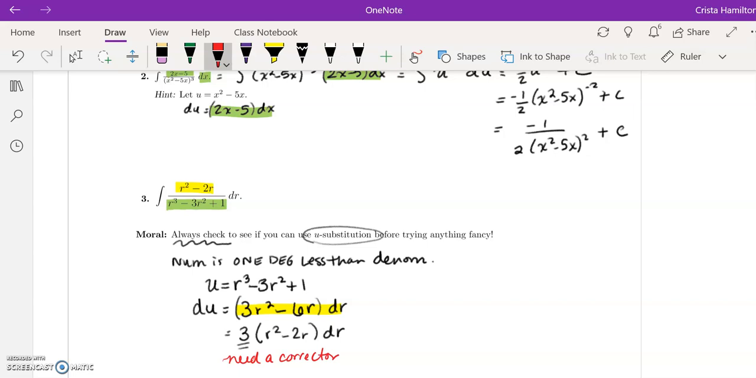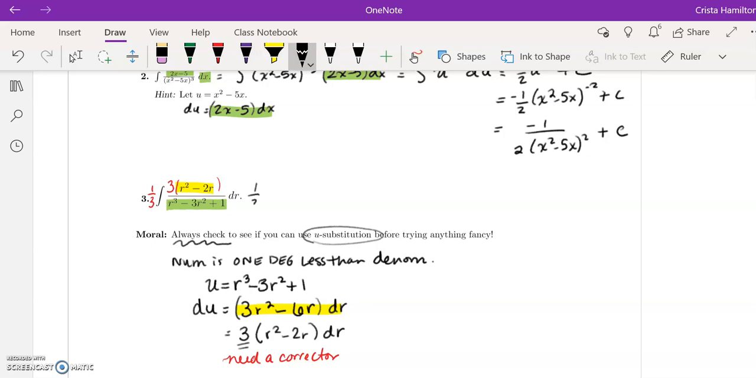So you do want to check that. Anytime the degree of the denominator is 1 more than the degree of the numerator, or the numerator is 1 less than the denominator, how do you want to look at that? Check to see if letting u equal the denominator works. So try that first. So in this, we would add in our corrector here, and then we would go ahead